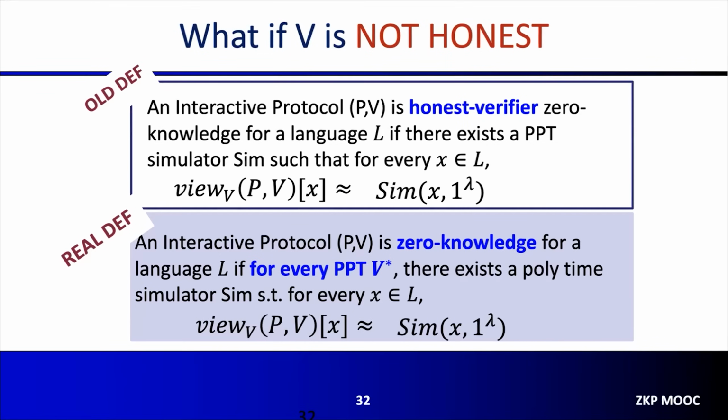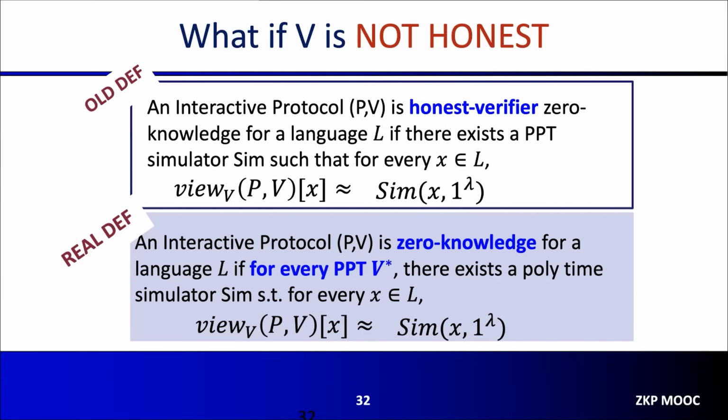All right, so let's rest a second. So P, V is zero knowledge if for every V star, no matter what V star does, we could have simulated this on our own. Why does this capture the intuition that what the verifier can learn during the interaction doesn't add any computational power? Remember, our original intuition was that what you can compute before and what you can compute after is the same. The reason is because we say the following: listen, maybe there is a V star, really devious one, who can